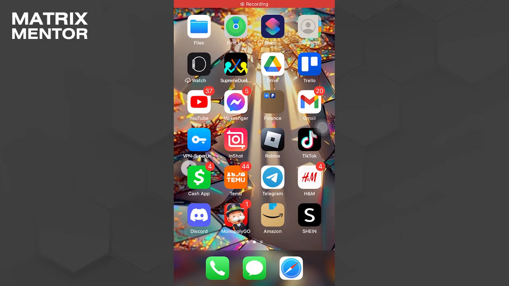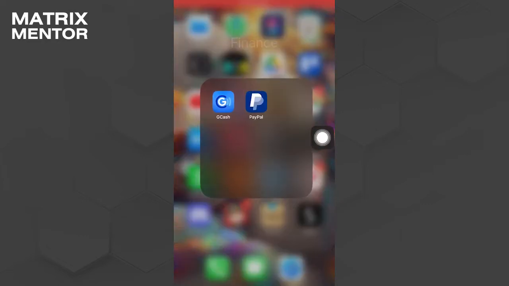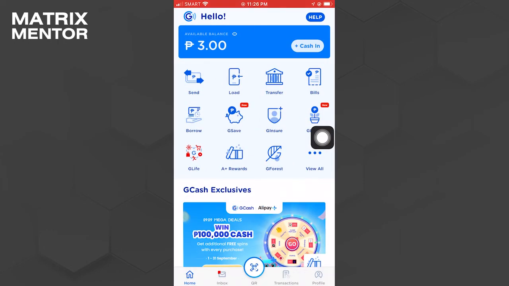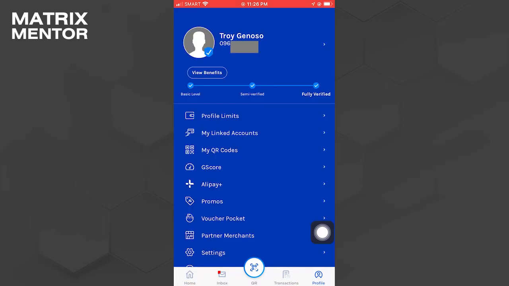So here's how you might find your GCash account number. You can check account details: open the GCash mobile app on your device, log into your GCash account, and look for an option called account or account information within the app's menu. The wording may vary slightly. In some cases, you might find your GCash account number listed there. And also